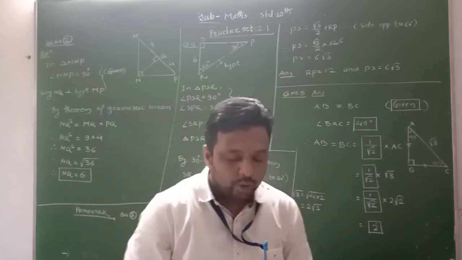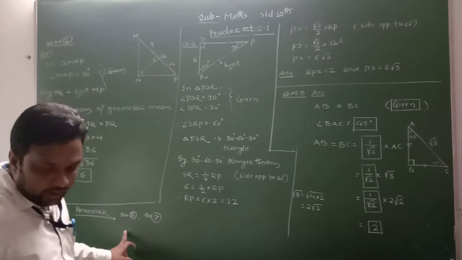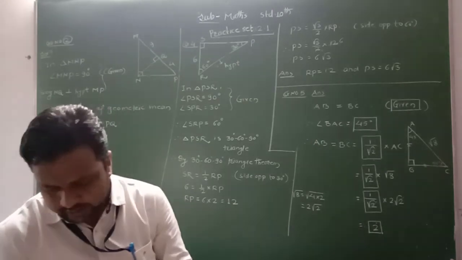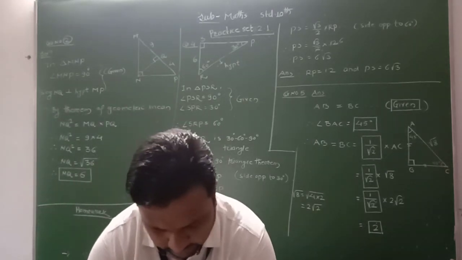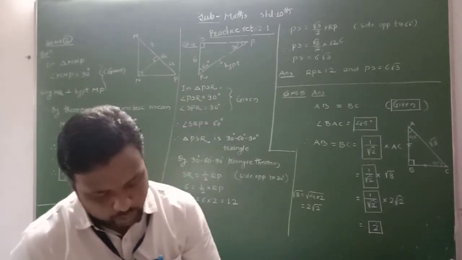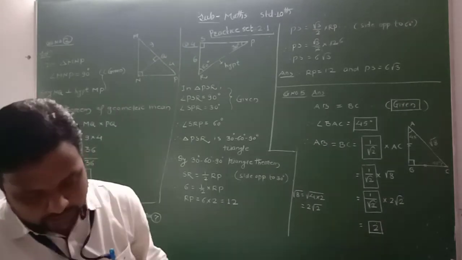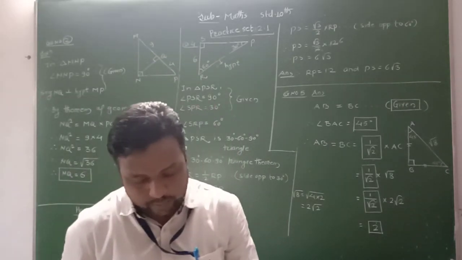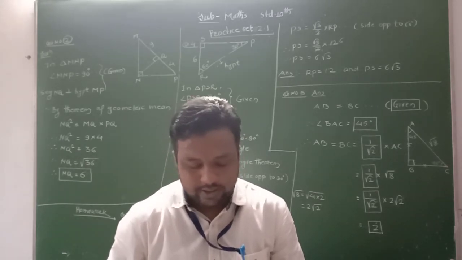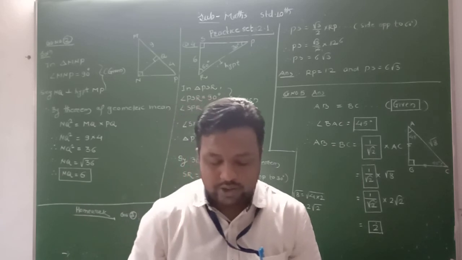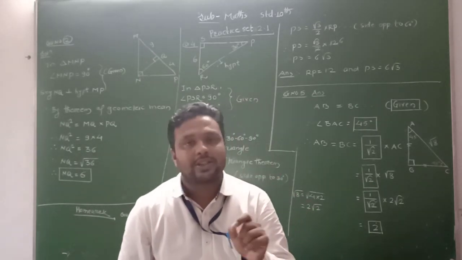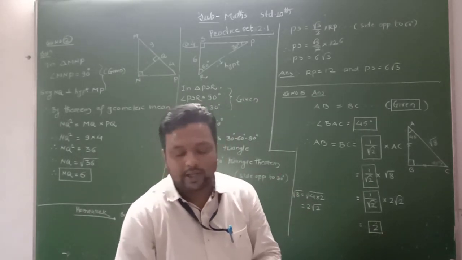Now students, note down your homework. Homework question number 3. Again this is a question based on geometric mean, the theorem of geometric mean. And question number 7. In question number 7, 3 sub questions are given. Find the value of EG, FD and EF. To find the value of EG, you have to use the theorem of geometric mean. For the second and third, you have to use the Pythagoras theorem. You know how to use the Pythagoras theorem in a right angle triangle.